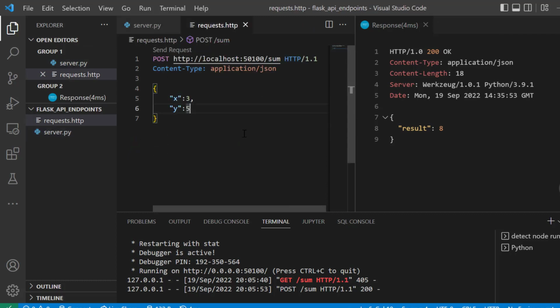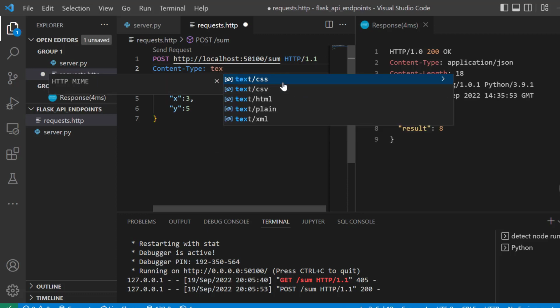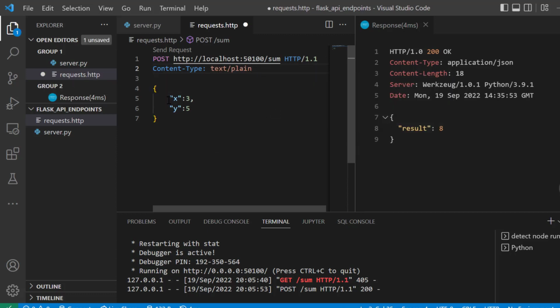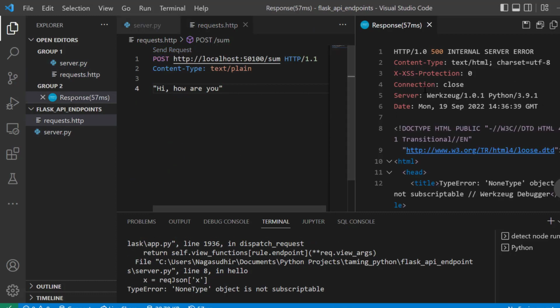So what if you want to send some text in request body instead of JSON? You can just write content type as text instead of application. I can just write content as text plain and send some text, something like hi, how are you? And in server, if I do this get JSON, now I'll get an error. So if I'll just run this request, you'll get an error, that internal server error, because I'm not able to